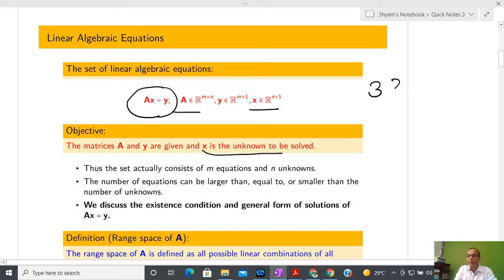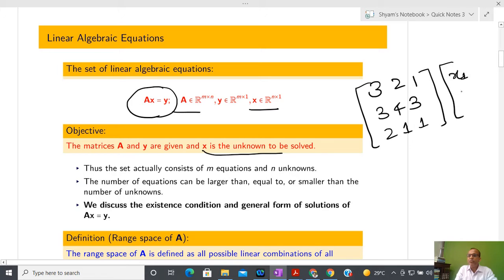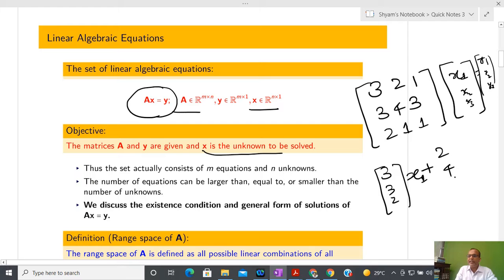Suppose I have some kind of matrix. For the time being I am going to take a square matrix only, but you can take any matrix, that doesn't matter. Now suppose I am writing x1, x2 and x3, and I have some output y1, y2 and y3. I can interpret this same thing like this, as a combination of vectors, and x1 I can assume as a scalar. Similarly I can define x2, and similarly I can write like this. If anyone has confusion on this representation, then please let me know.